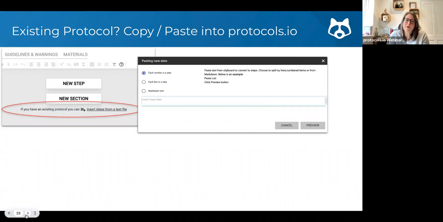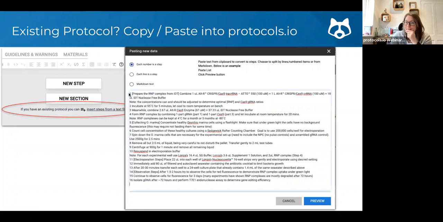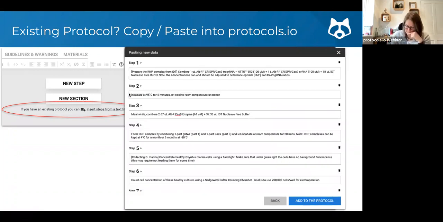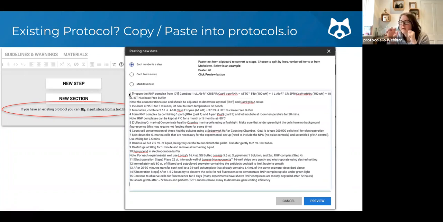And you'll do copy from, I'll show you now, I've copied from a Google Doc and then I paste it in. I find it's better to do a right click and paste and match style, because sometimes if you copy out of Word or a doc like that, there's a lot of tagging that comes with it and you don't want that. But if you do right click and paste and match style, it will come in correctly. So you can see I just pasted in a 16-step Google document, click preview,